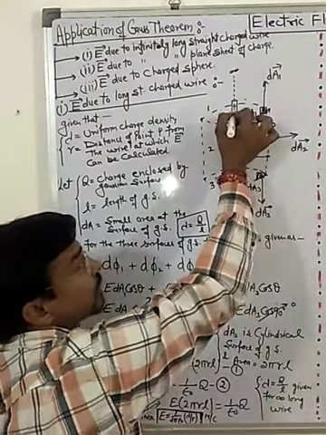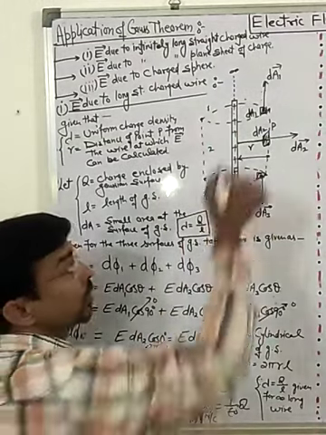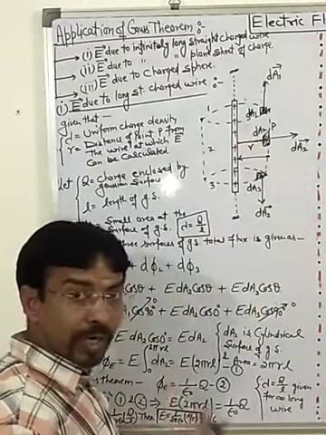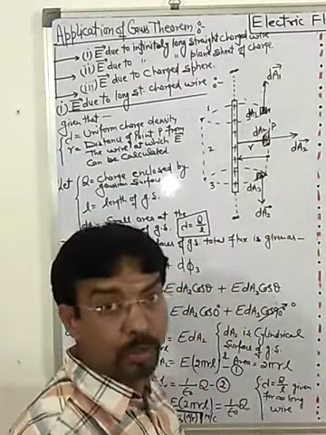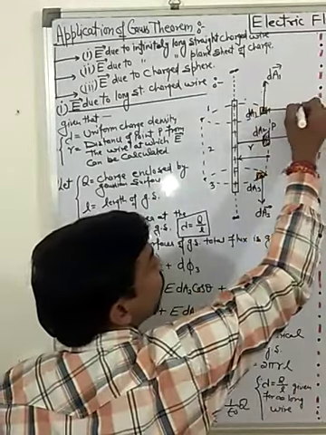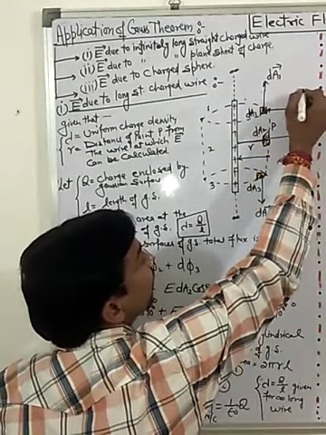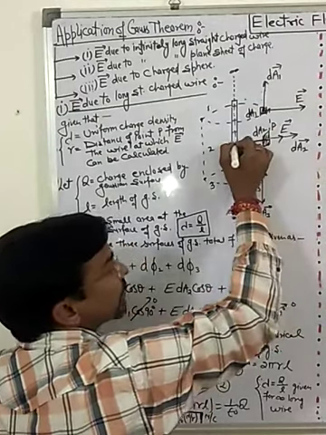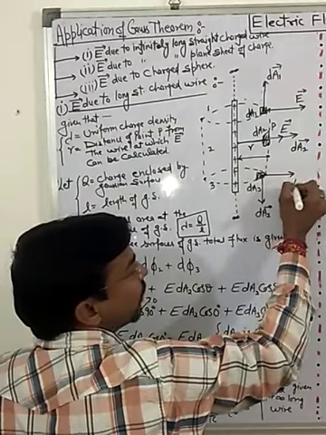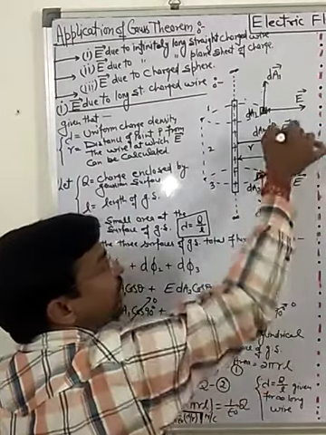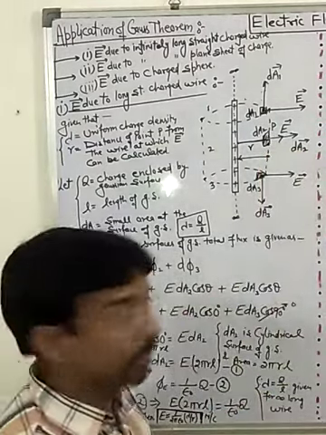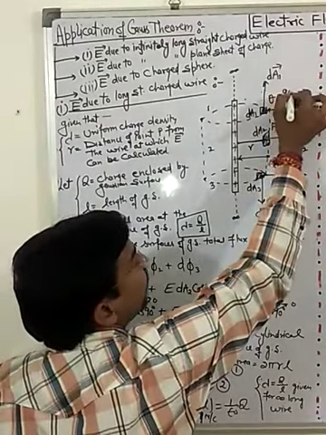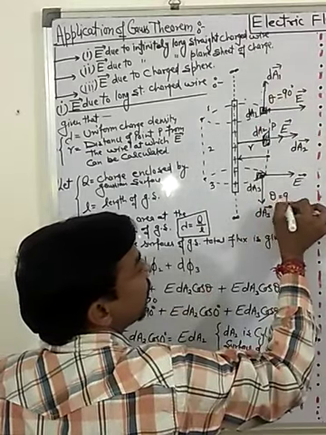And since it is a positive charge, what should the electric field at that point be? The electric field will be outward due to the positive charge. So it will be outward like that, at that point, and at the other point as well. The electric field at each and every point is outward. And here the angle between the area vector and the electric field is 90 degrees.